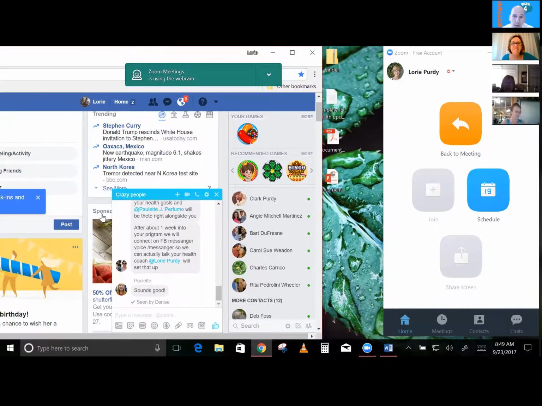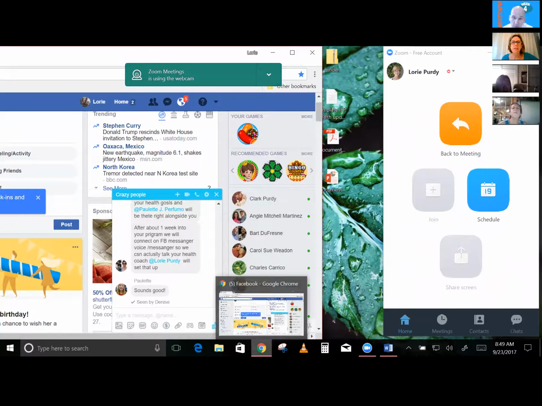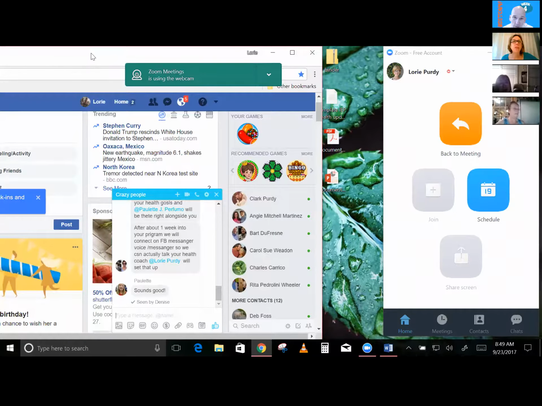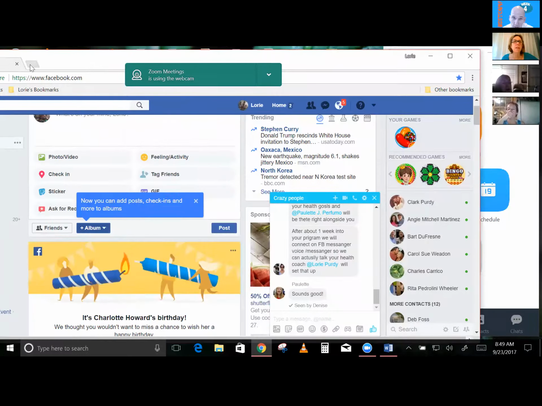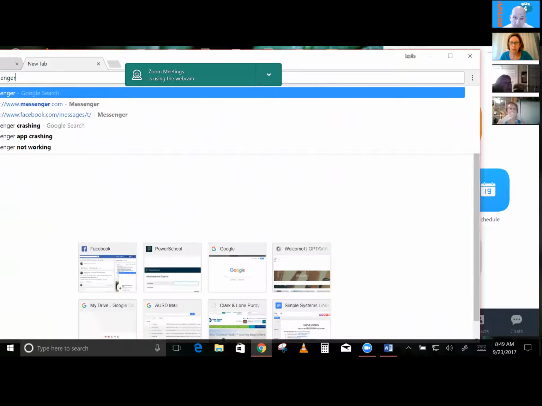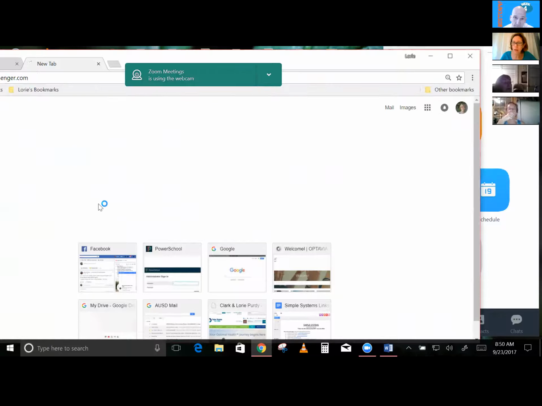So now one of the things that you can do, on your browser, is go to messenger.com. So go ahead and pull up a new browser window and go to messenger.com, Lori. This will help you out. Do you know how to get a new browser window? Does that mean I'm going to click? Oops, wait a minute. So I got to move this over and open a new window. Is that what you mean? Uh-huh. Okay. Now go to messenger.com. Okay. Oops. .com. Okay.